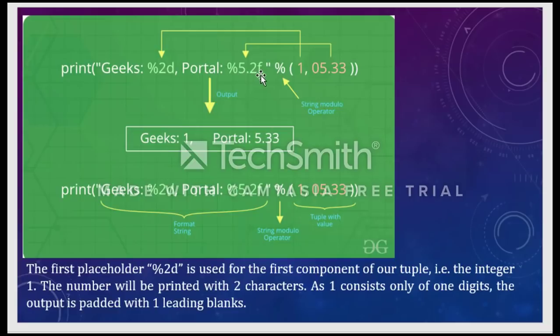Similarly, portal colon percentage 5.2f. What 5.2f stands for is that the total number of characters taken is 5, and after the dot, I want to display 2 digits. The value I am passing is 05.33, which is a total of 5 characters: 0 is one character, 5 is one, dot is one, 3 is one, and 3 is again one.